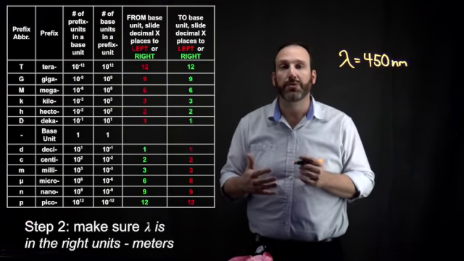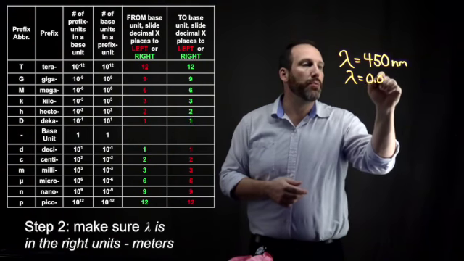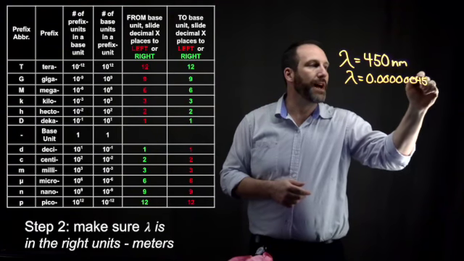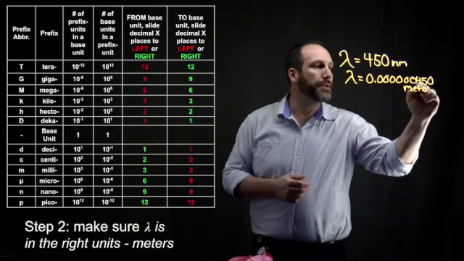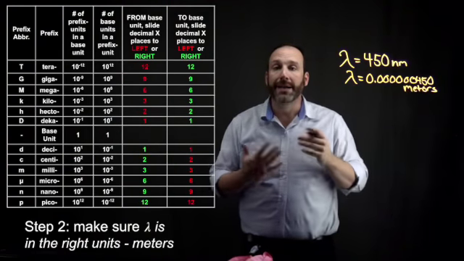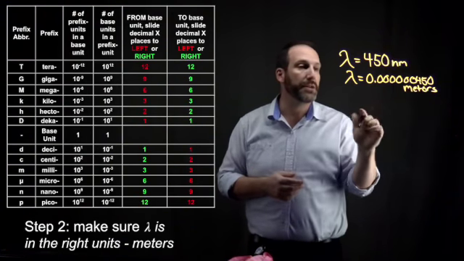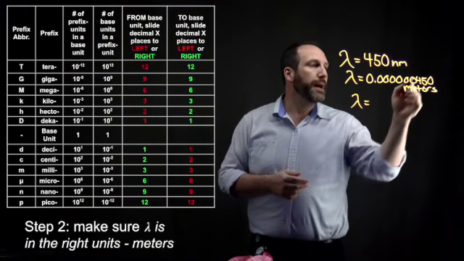We can slide the decimal 9 places to the left, and what we would get is that lambda is equal to 0.00000450. Okay, and that would be in meters. If I wanted to, I could take this measurement and put it into scientific notation. And so if I do that, lambda is going to be equal to, let's see, I'm going